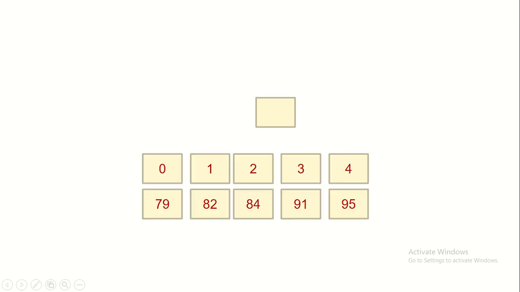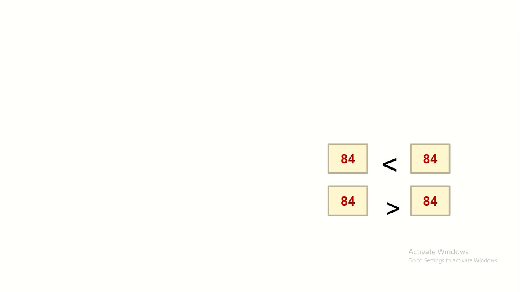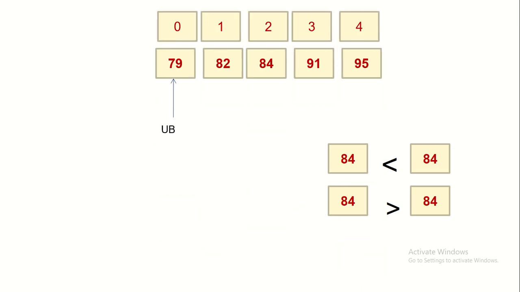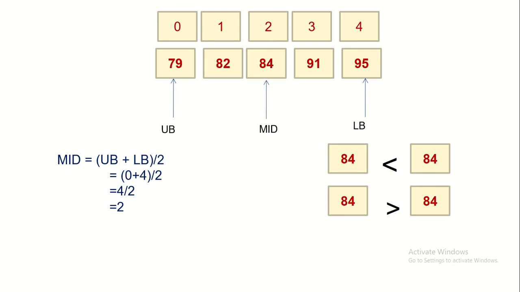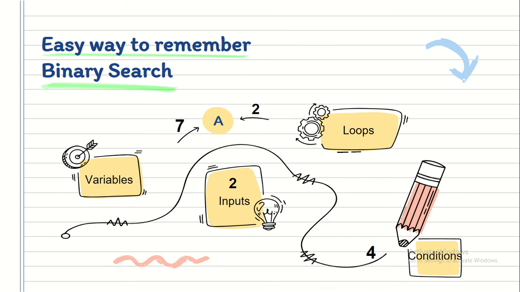That is what you are seeing on the screen, and those 5, 6, 7, 8, 9 elements are again numbered as 0 to 4, and then again finding the lower bound and the upper bound limits. You can see here, again I do the same: upper bound, lower bound, finding the middle element, which becomes 84. Now I'm doing the comparison. 84 is less than 84, no. 84 is greater than 84, no. And 84 is equal to 84, so directly you are able to find the middle element.